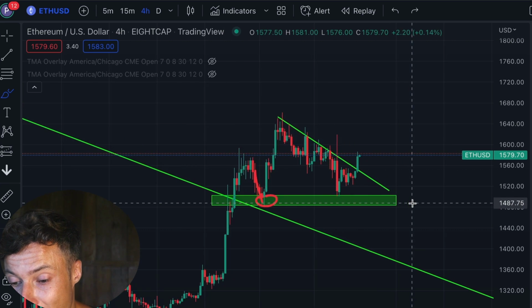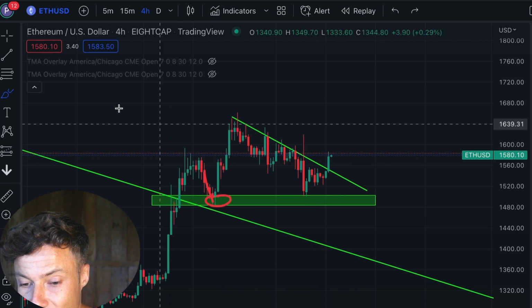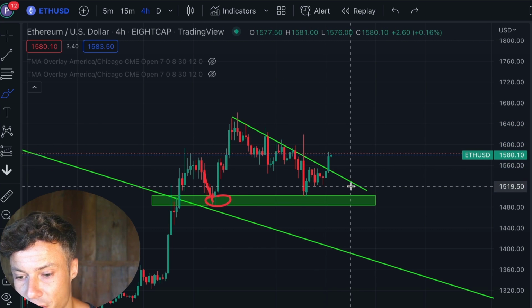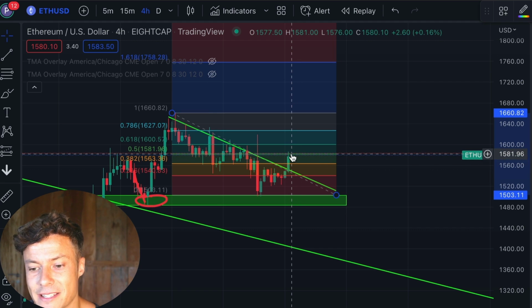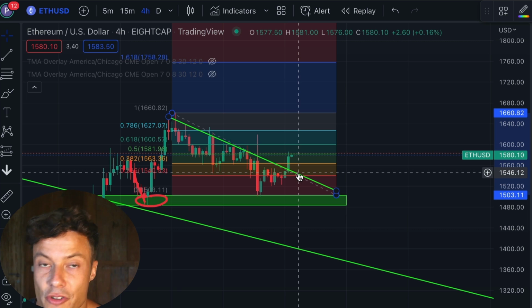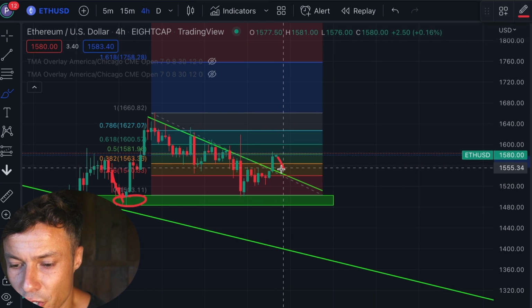So what's really happening, guys? We can see the push down into this zone. Everyone starts selling, thinking it's going to continue further, and then lo and behold, we push out of it. Also, what's significant is this down trend or downward sloping trend here. We are now running into an interesting area of resistance, which if we drop down our Fibonacci tool, we can see is the 0.5. Don't be surprised if from the 0.5 we take a little drop down towards around $1,550, which is only a $30 downside move,